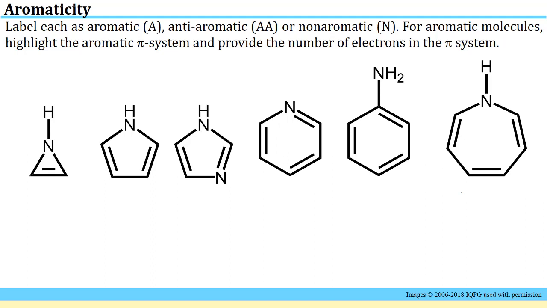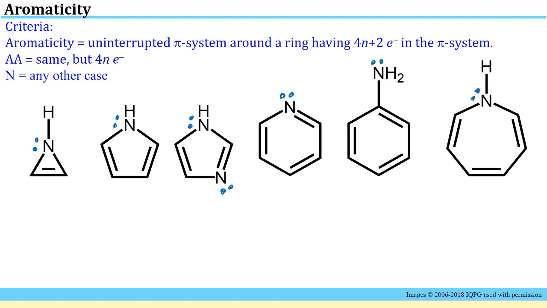Let's consider a case where some of the carbons are replaced with other heteroatoms, such as nitrogen. Nitrogen with only 3 bonds drawn to it has a lone pair of electrons as well. So we should fill those in if we know that part of our important task is going to be counting electrons. A nitrogen atom can donate its lone pair, just like a lone pair on a carbon could be donated. So in this case, I could move 4 electrons around the whole ring, and you'd expect that to be anti-aromatic